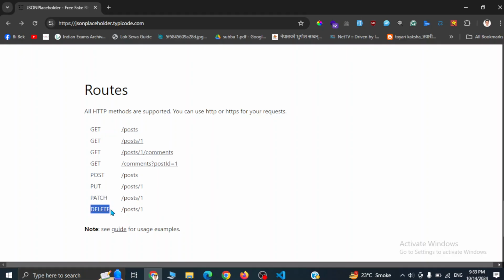using this delete request. So if you see in these three requests, there is slash one at the end. It represents the particular post that we are going to modify or delete. So let's test these endpoints right from our VS Code. Okay, so let's go back to VS Code